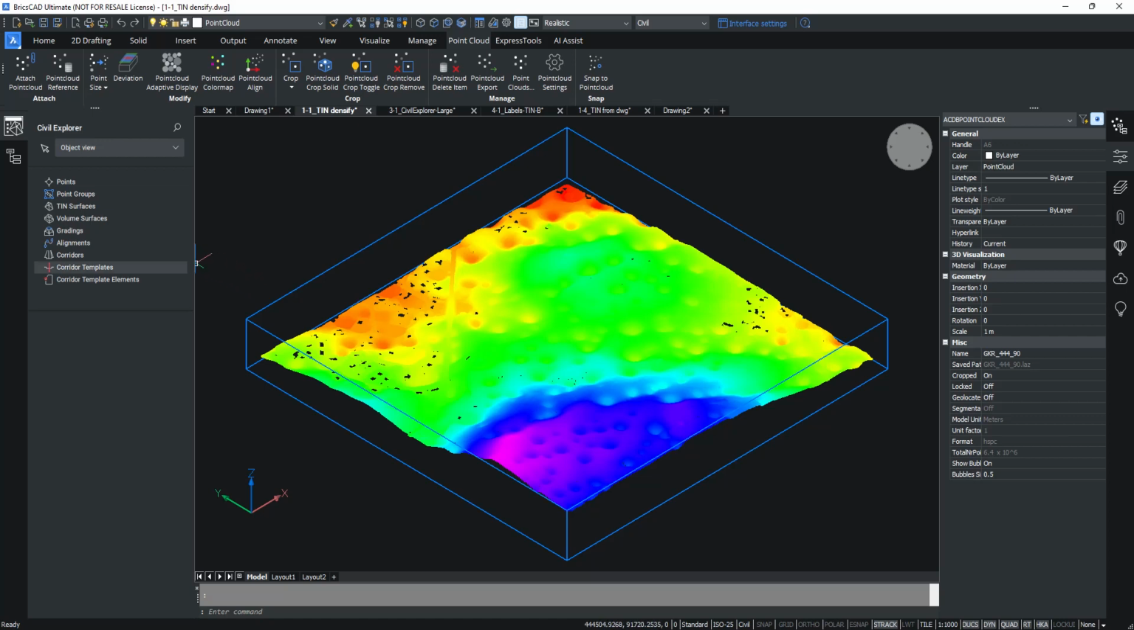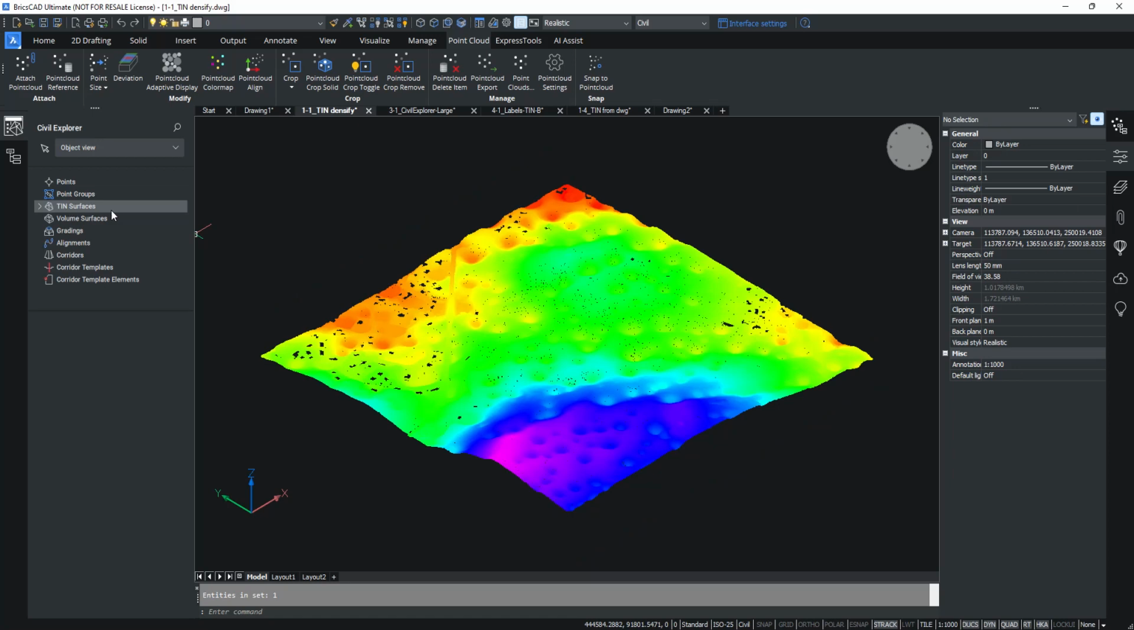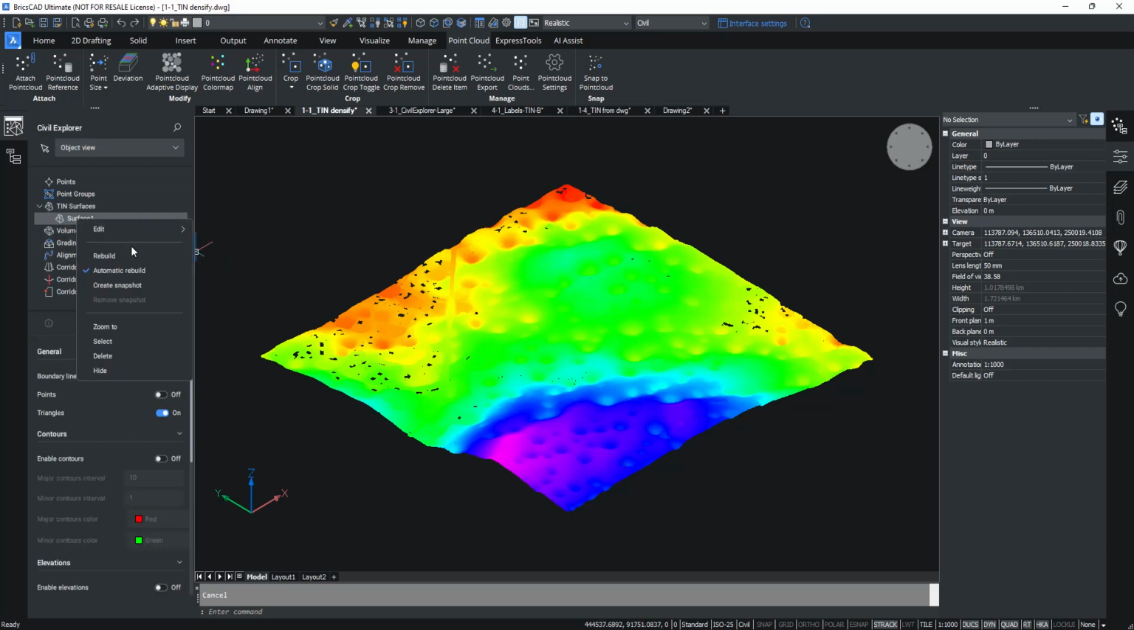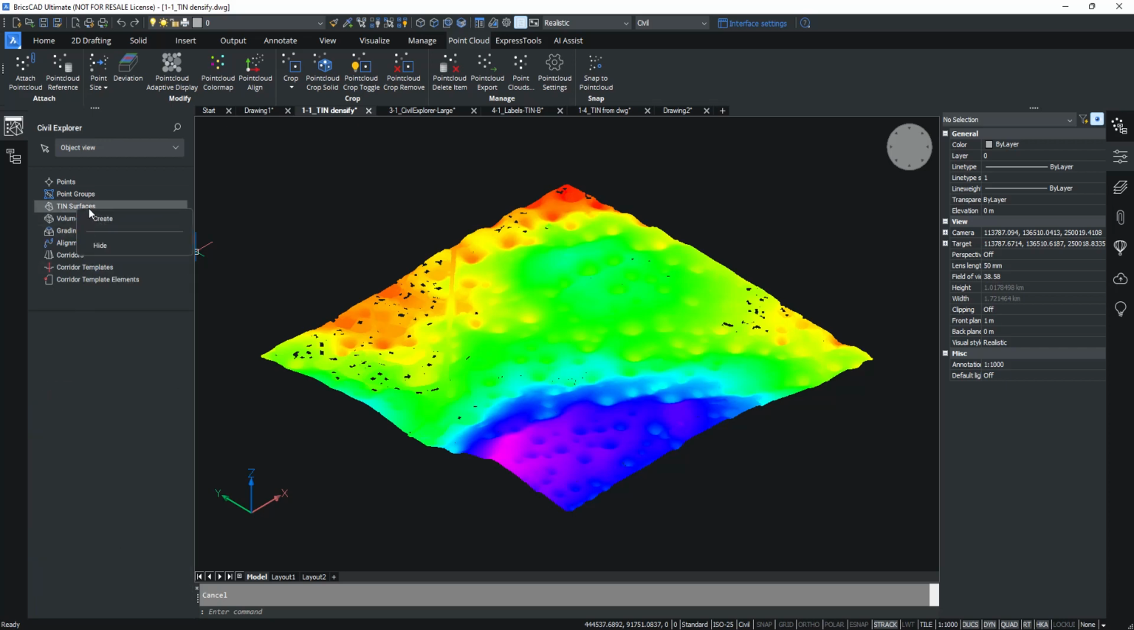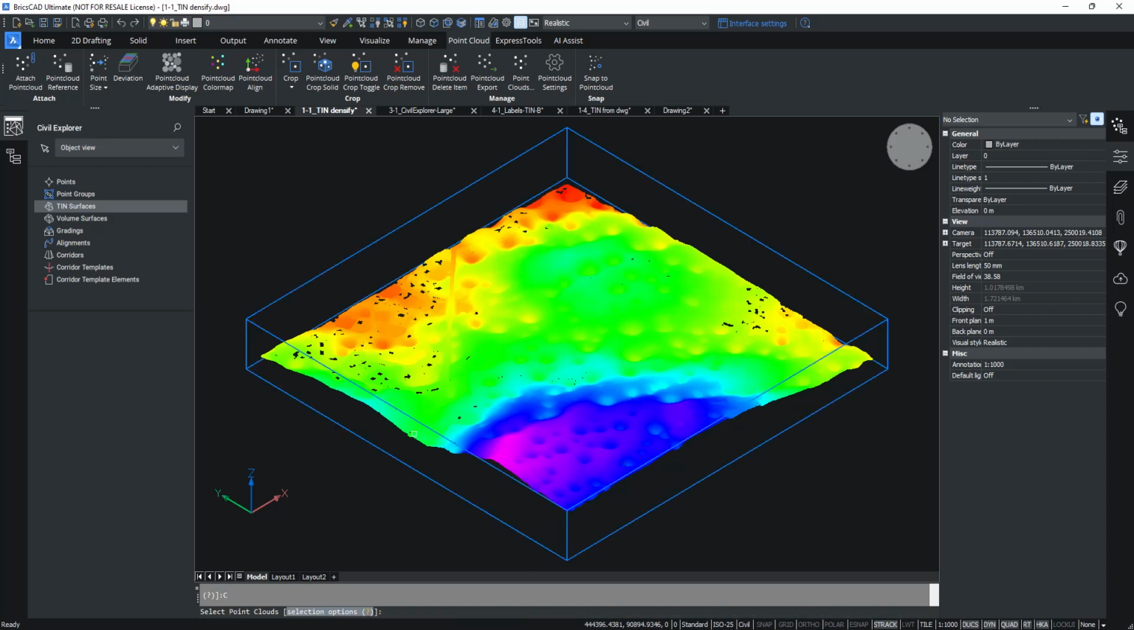So what we can do is, back in the Civil Explorer, just like I did with regular data, right-click on tin surfaces and pick Create. And I had that selected already, so I just built the surface. I want to delete that and do that again. I'm going to right-click on tin surfaces, pick Create, and then when it asks me what kind of data I want to use, I'm going to tell it to create from a point cloud. I'll then pick the point cloud